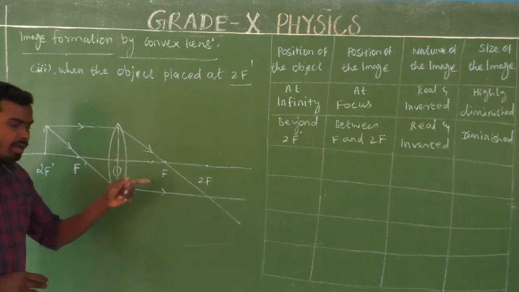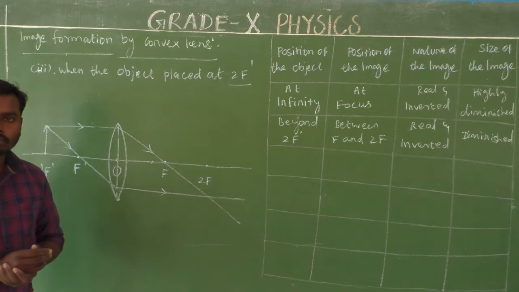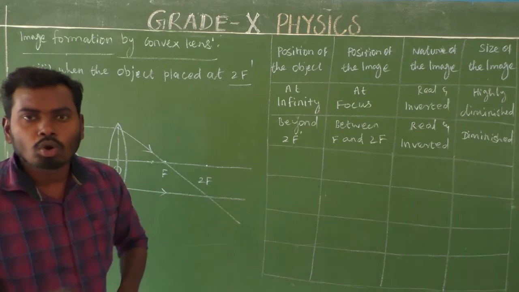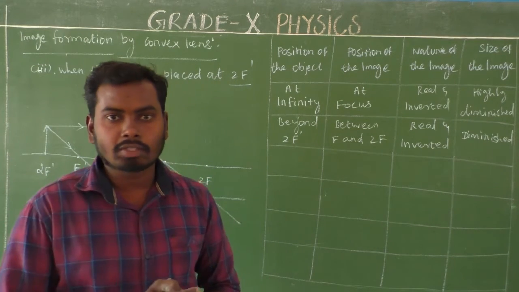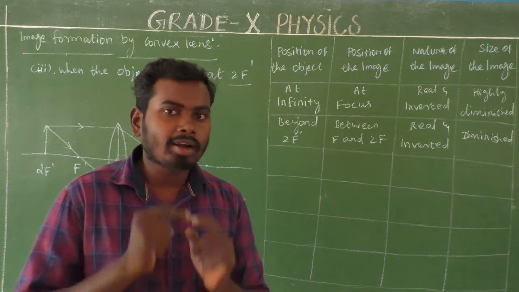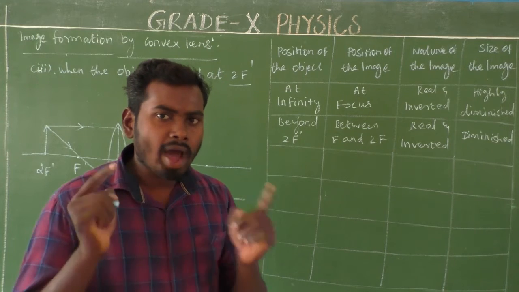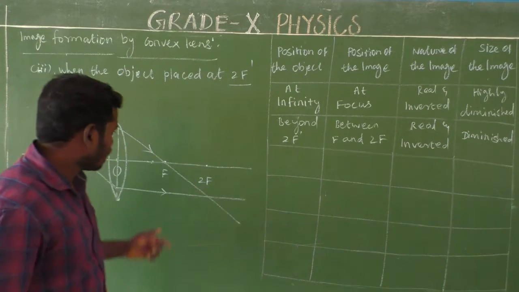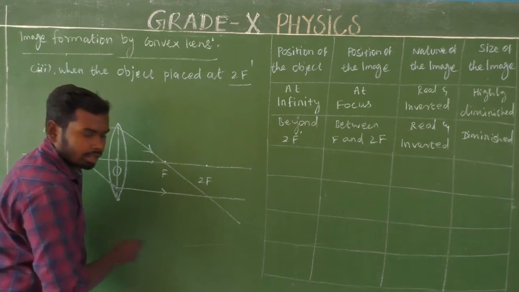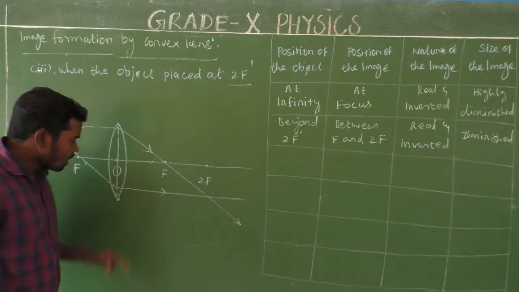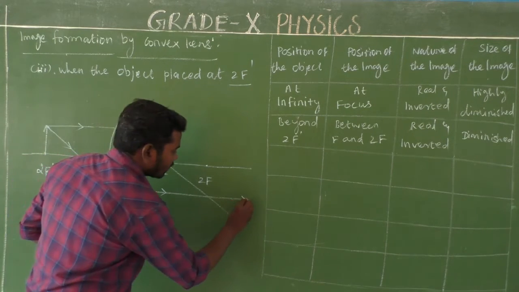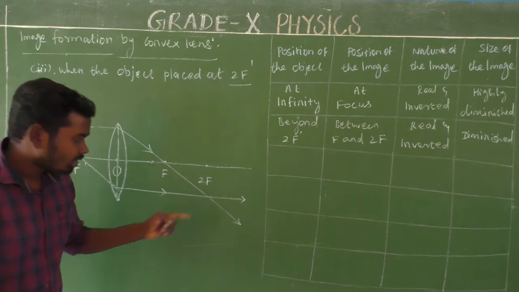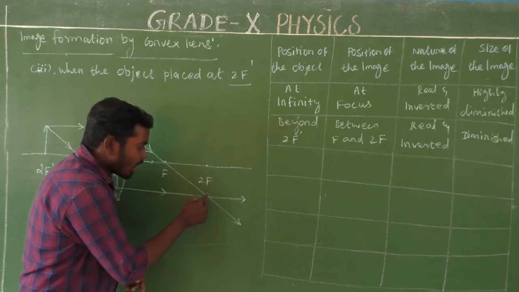Look at it here. Where will the image be formed? That is a very big question. So already we know, what is the rule to form an image? An image is formed where two refracted rays intersect together. Consider, this is the first refracted ray and this is the second refracted ray. Where the two refracted rays intersect, can you see clearly? Yes, this point.